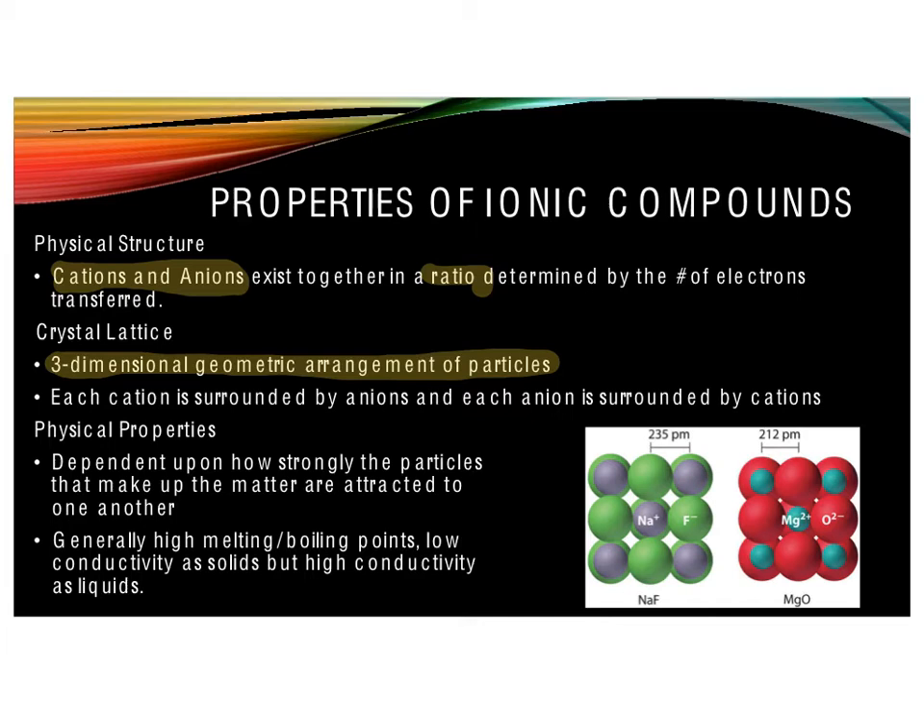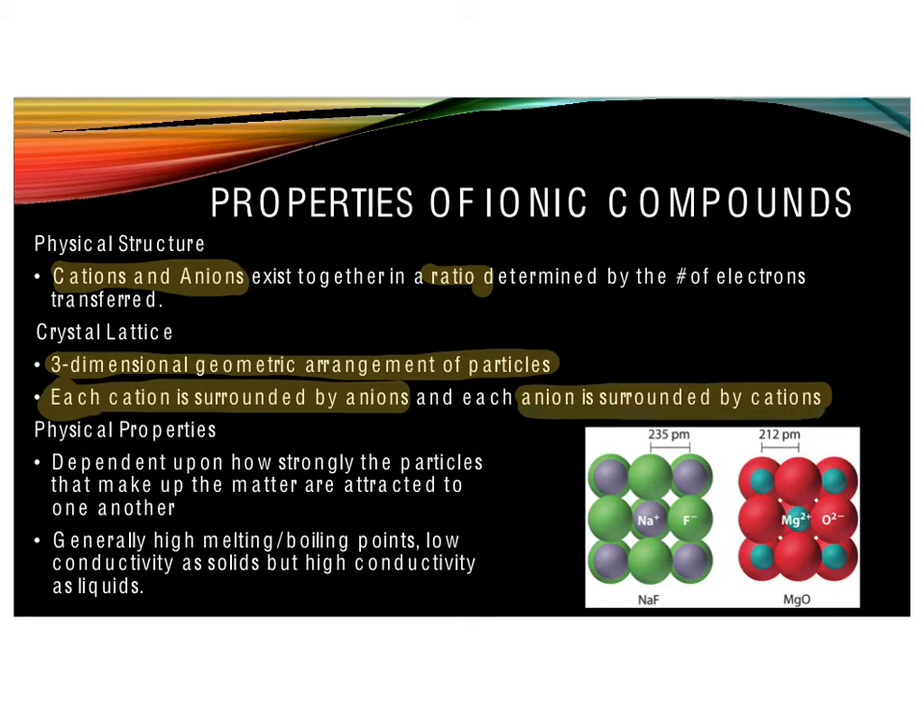And really what we're seeing is that each cation is surrounded by anions. All right, so all the positives are surrounded by the negatives, and all the negatives, or the anions, are surrounded by the cations. So we can see those two things physically speaking,